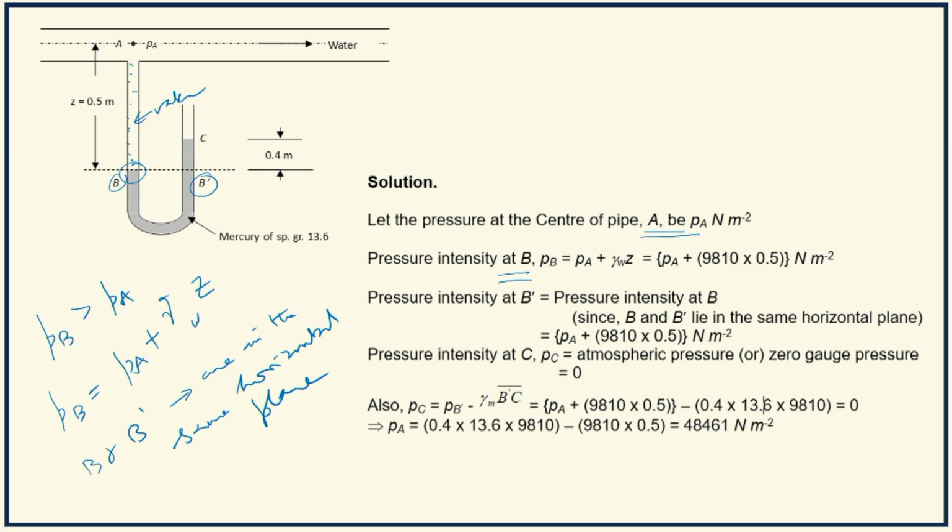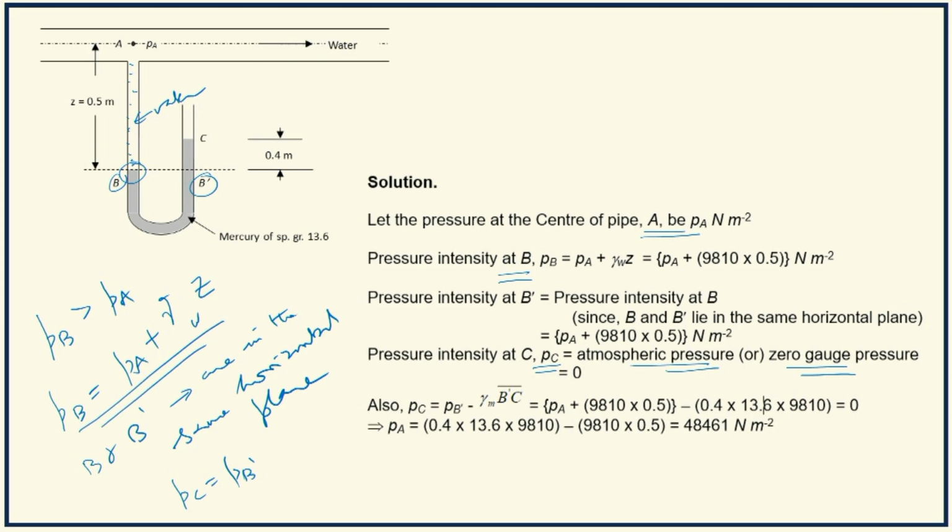C, we know what the pressure is. Pressure at C is nothing but atmospheric, because it represents the free surface of mercury in the right limb. So PC is equal to atmospheric pressure, or zero gauge pressure. PC is equal to PB dash, that is pressure at B dash, which is equal to pressure at B, which we have already expressed as PA plus gamma W Z, minus